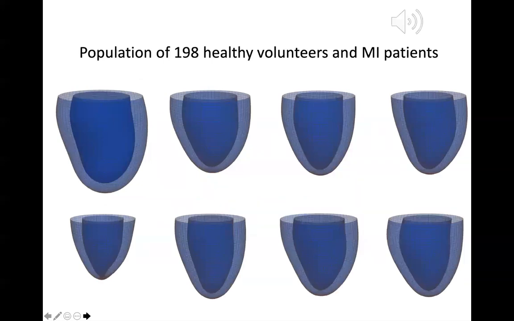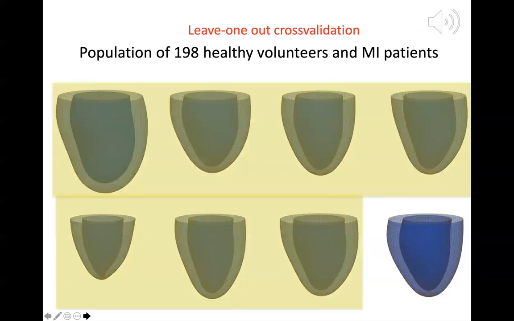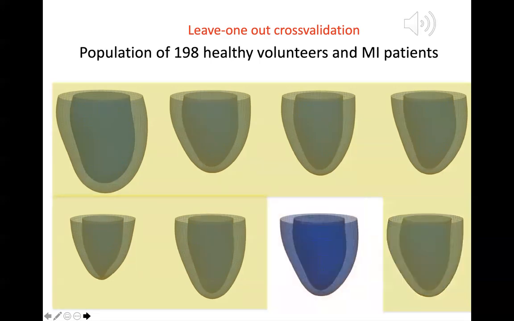We tested these two schemes using the left ventricles from a mixed population of 198 healthy volunteers and myocardial infarction patients. We compared the reconstruction accuracy between PCA and the neural network autoencoder in terms of mean square error between the left ventricles at the input and the output layer. And we did the evaluation via a leave-one-out cross-validation scheme, which means we trained on 197 left ventricles and then assessed the reconstruction accuracy for the left ventricle that had been left out of the training set. Then we cycle through the whole set of left ventricles,